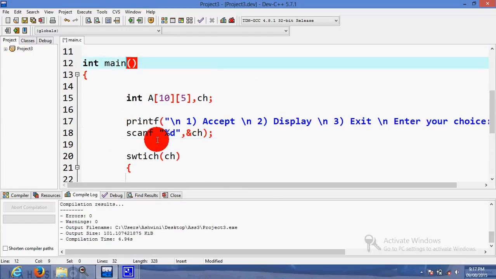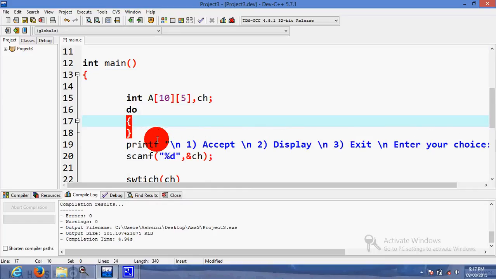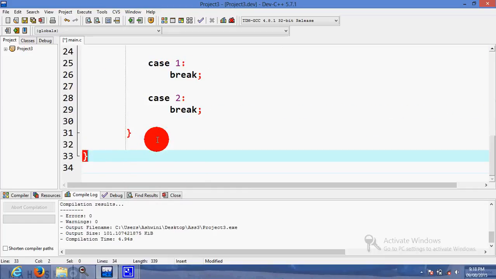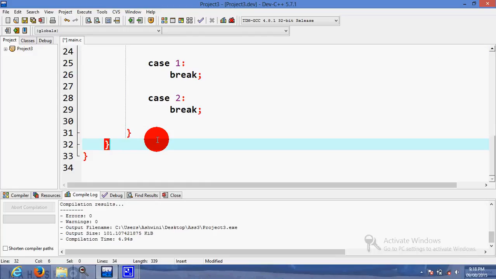So first we will repeat this using a loop statement. So do, and we have to repeat any number of times. So while, and when we have to stop, when ch is equal to 3. So we have to repeat all the tasks till the user enters 3.